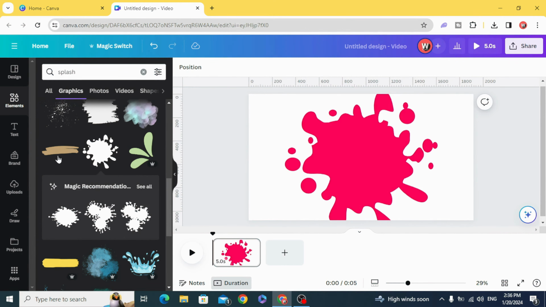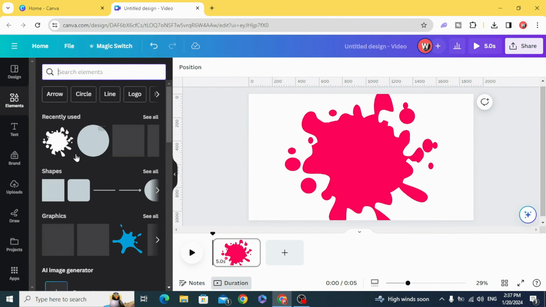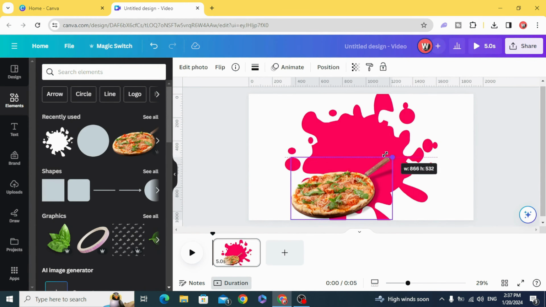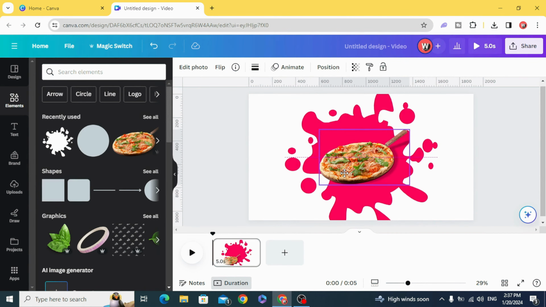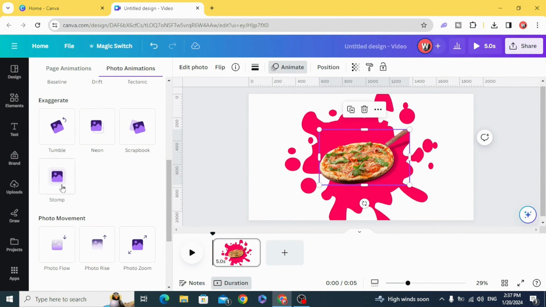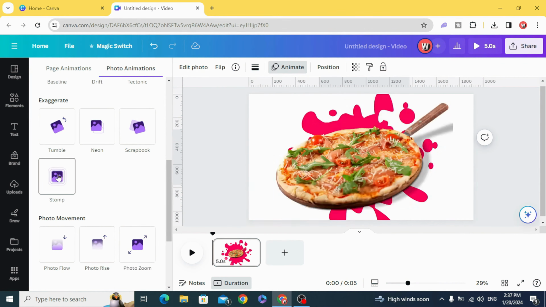Resize it and bring your image, and click in the image, animate, and animate it with stamp,